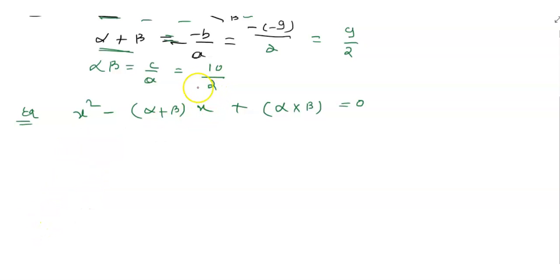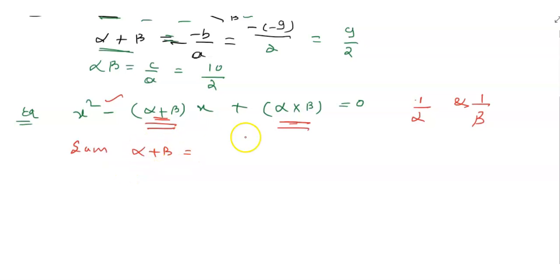So here what we have to find out, we know alpha plus beta and alpha beta for the given polynomial, but we have to find out alpha plus beta and alpha beta value for the new polynomial. So what are the zeros of this polynomial? They are in the form of 1 by alpha and 1 by beta. So I have to find out alpha plus beta and alpha into beta. So let us find out the sum of these roots here, alpha plus beta.